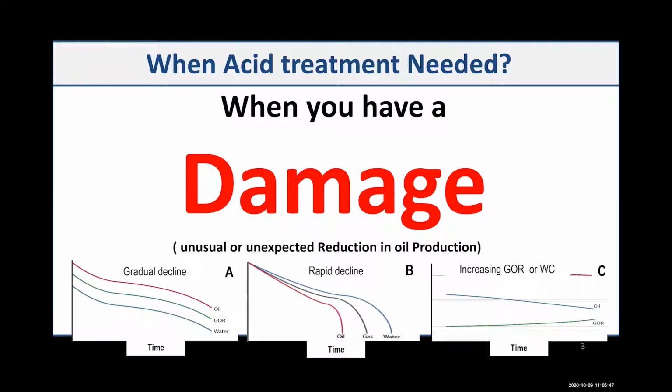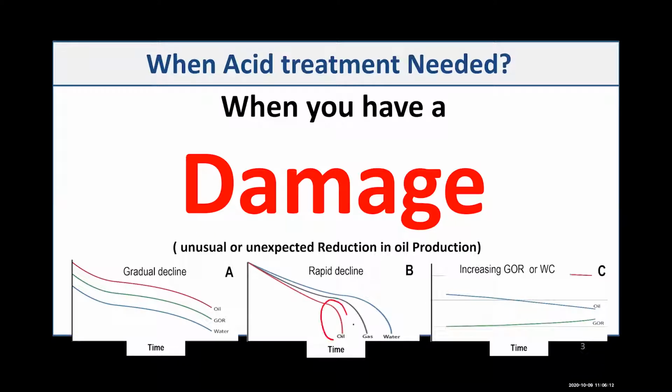This can happen gradually. You can see you are slowly losing your production, not the way that the reservoir engineer or the model expected, and that can give you evidence that you are building scale with time. So you have a slow reduction in the oil production,